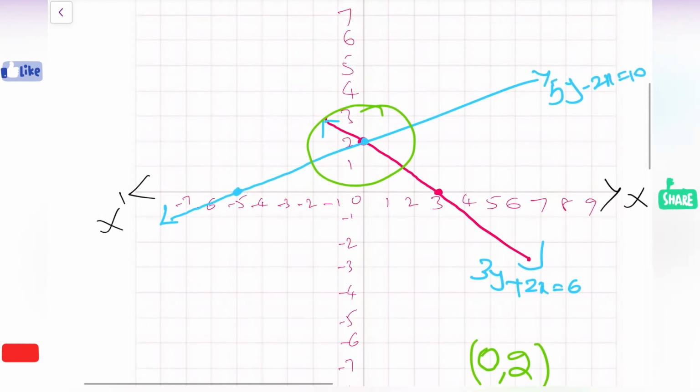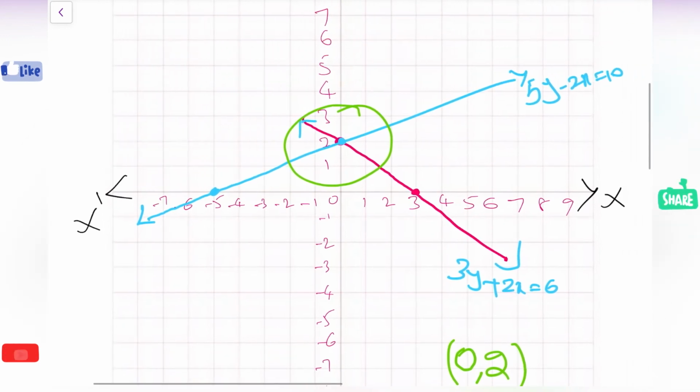The only reason why I prefer always taking x as 0 and y as 0 is to get this one point, because most of the students will get confused if they have points like this: -1 comma -2, 1 comma 2, 4 comma 5. So instead of having such confusion, if you want some clarity, take x value as 0 and get the y value, take y value as 0 and get the x value. Like this you will get the points. It is very easy to represent those points. Instead of taking these zeros, if you take any other numbers also, the same line you will get, and at the same point both the graphs will touch each other. This is 100% sure.